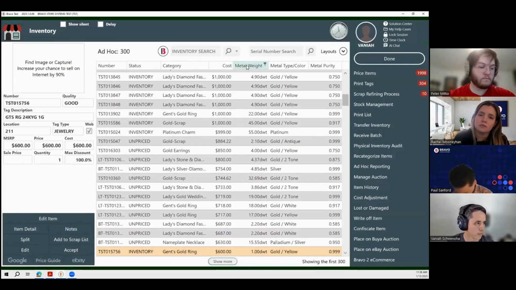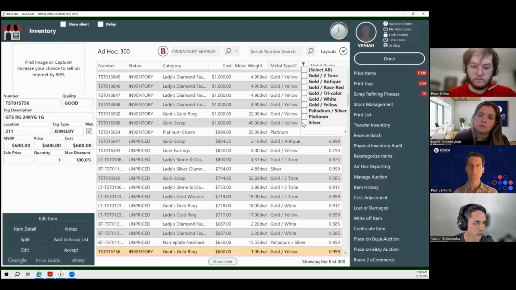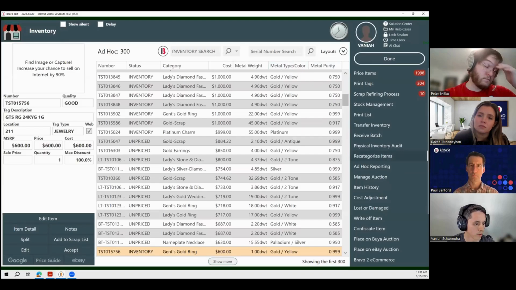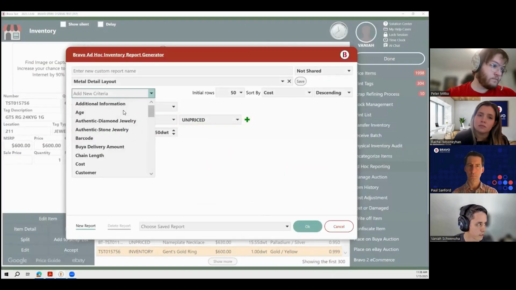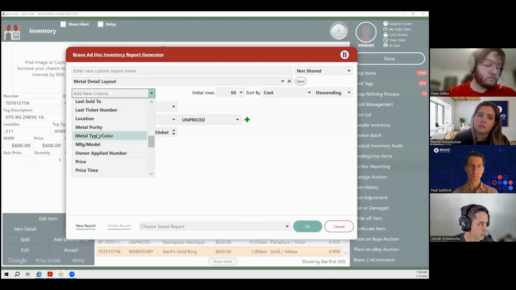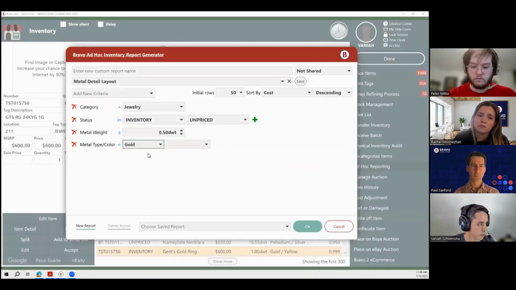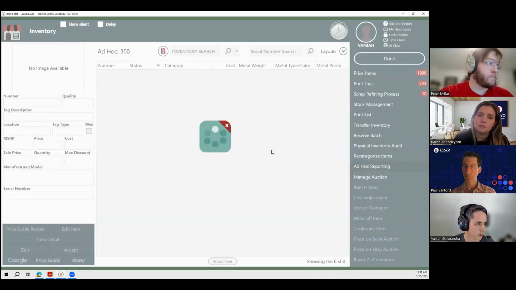And then since I searched by metal weight, I've also got my metal type and metal purity here. I can filter by specific colors. Or if I wanted to narrow this down, instead of having to load everything and then do my filtering, I can add in that metal type and color and just say I want to do gold. I don't have to select the color of gold. I can just select gold as my metal type and return that. And that'll narrow me down to,